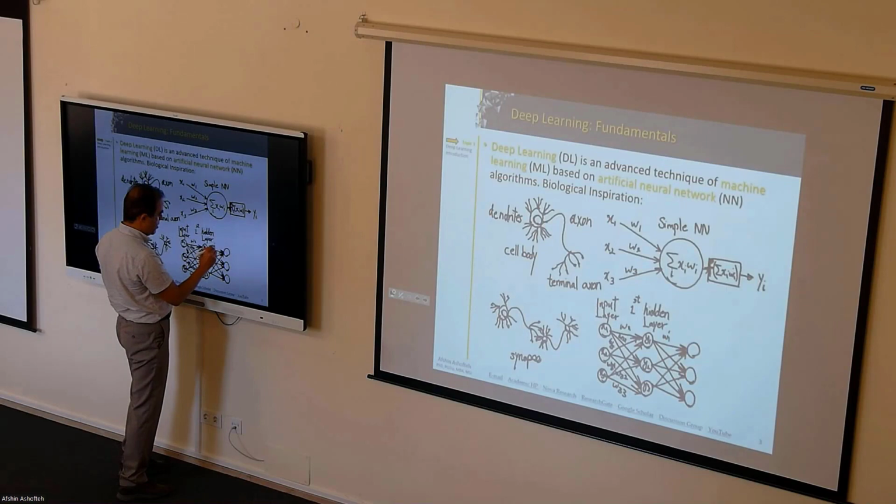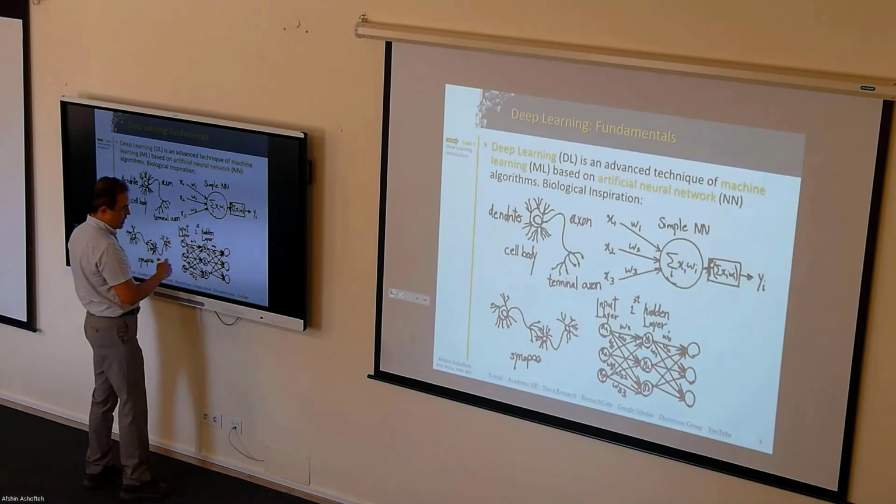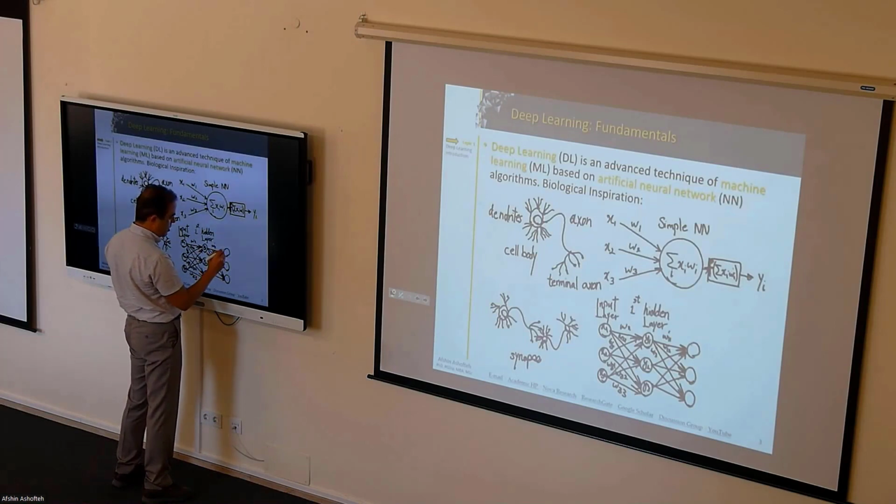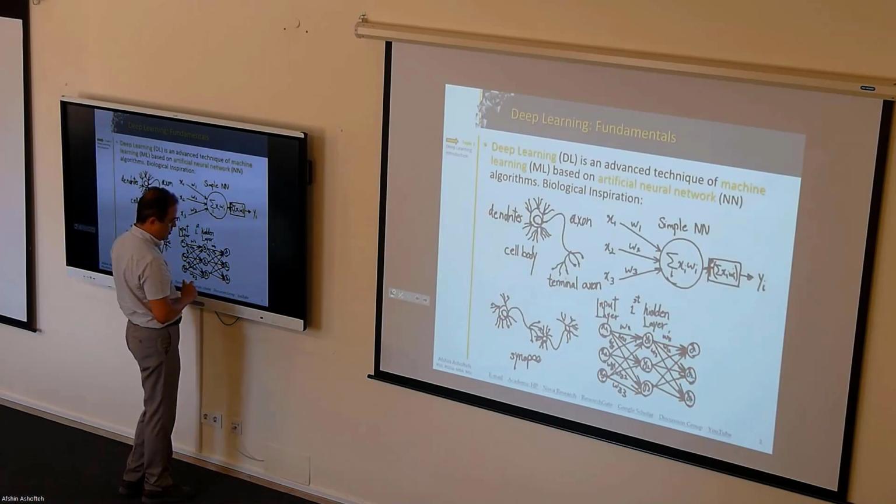So again, W prime 1, 2, and W prime 1, 3, and so on and so forth. And then we can have here Z1, Z2, Z3,